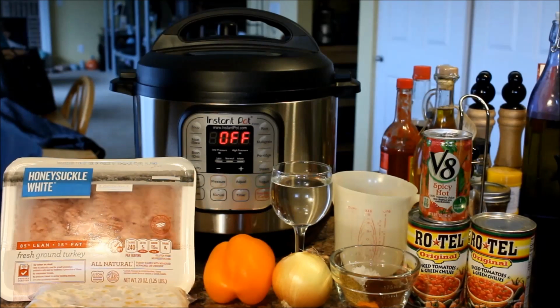Tonight I'm gonna record making turkey chili in the Instant Pot. It's gonna be a two-step process, so many apologies for those of you who like to have a one-step process. But it's not gonna be that difficult. These are the ingredients, and the steps I'm gonna take are going to put the frozen ground turkey into the Instant Pot with that